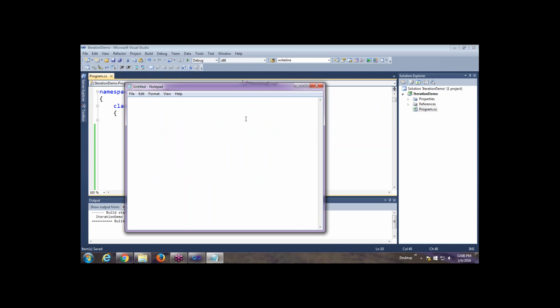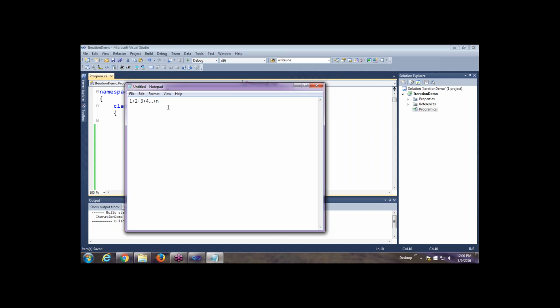Now let's take another example. Suppose I want to find a sum of series, say 1 plus 2 plus 3 plus 4 up to some number, say n. So here we want to perform the addition how many times? N times. So instead of performing the addition manually like this, we can put it in a loop. We know that the loop is going to start from 1 and it is going to stop at n. And by writing plus plus, we can move from starting condition to the final condition. So here we will have a for loop which will simply have I equal to 1, I less than or equal to n, I plus plus.